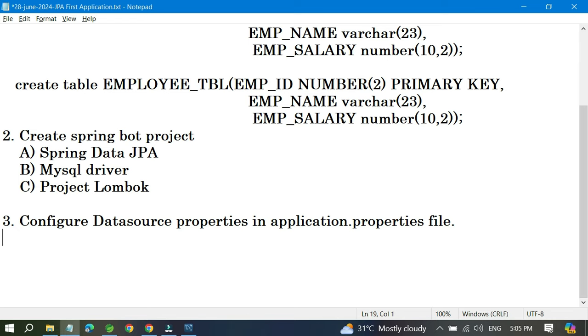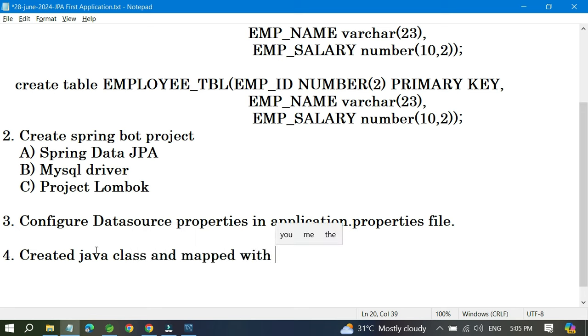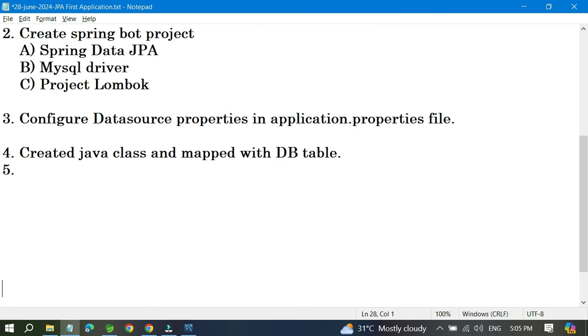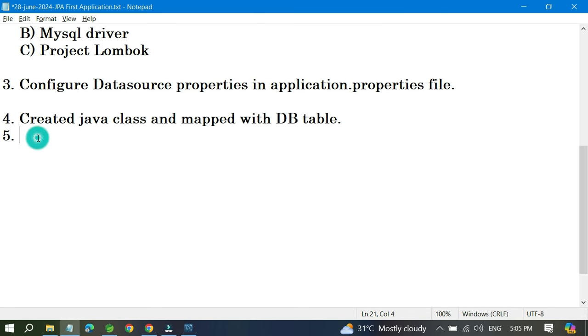That is also very important. In the fifth, what we can create is the repository interface by extending the CRUD repository,